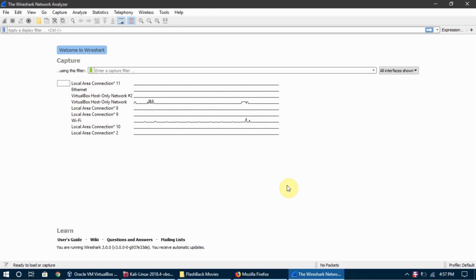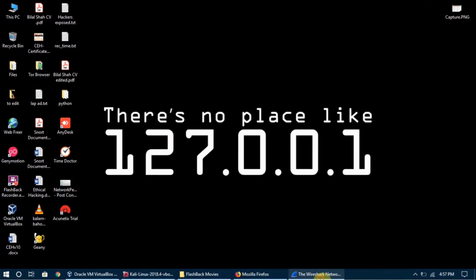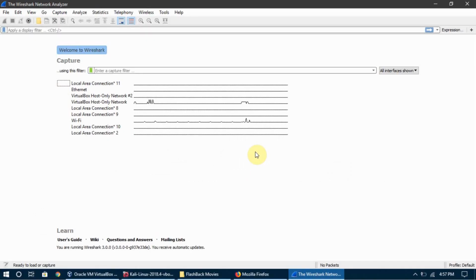So for example, I am a person who wants to detect if there is any suspicious activity or any suspicious or unwanted packets or traffic coming into my network. So I have this Wireshark analyzer installed on my Windows machine. This is the machine I am using. This is the target machine, and I am going to act as target here. These are all the interfaces I have available here, and this is my attacker machine.